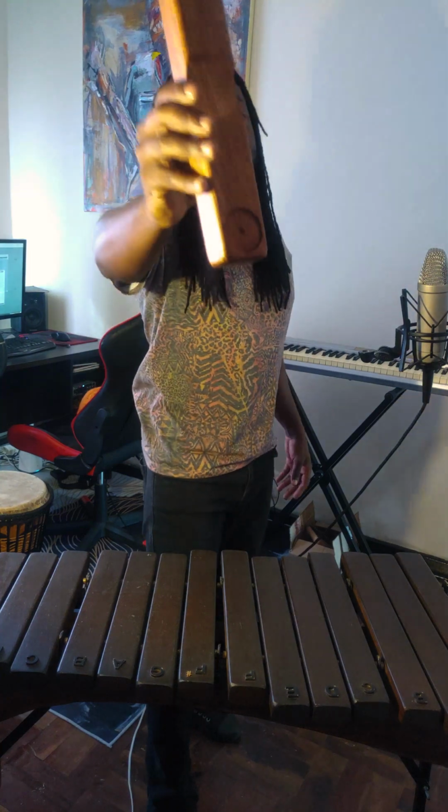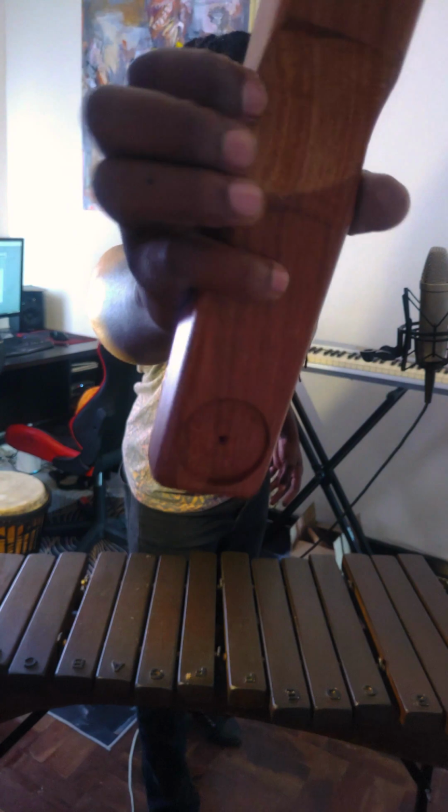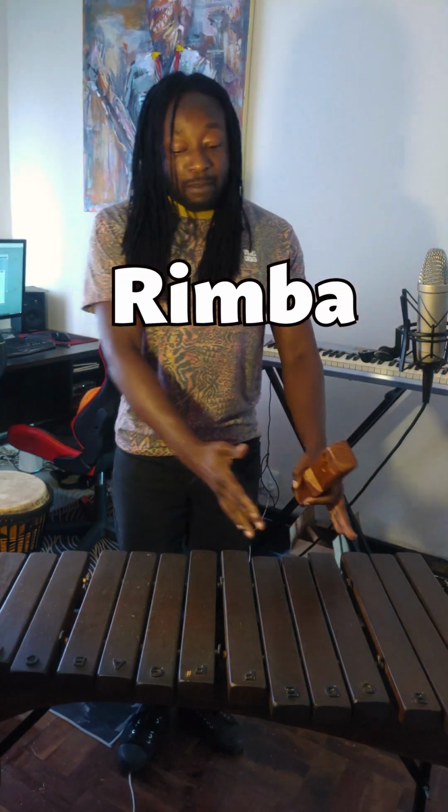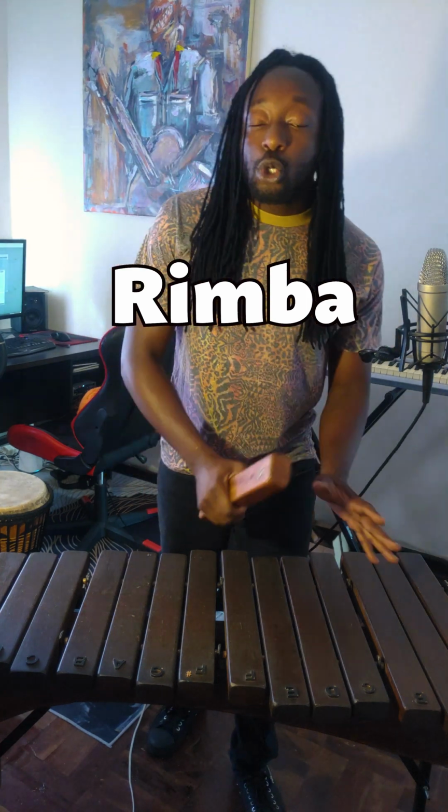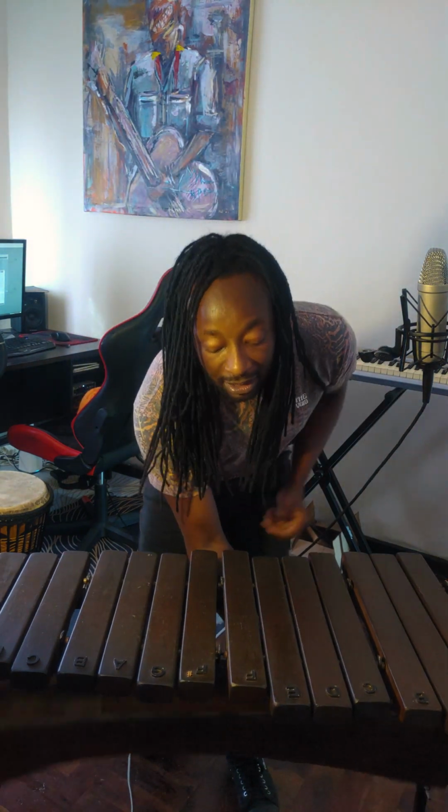So this is called a rimba. And when there are many of them like this, in English we put an S to make it rimbas. But in Shona and other Bantu languages, we put an MA in the front of the word to make it marimba. So saying marimbas is redundant. And today is not about the music, but it's more about dismantling the marimba to figure out the different parts of the marimba,